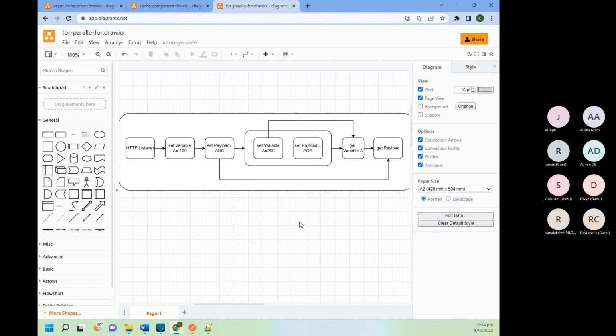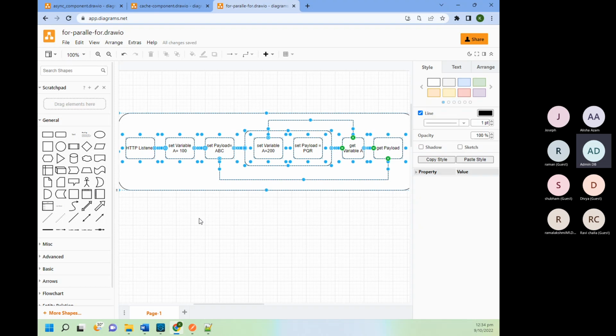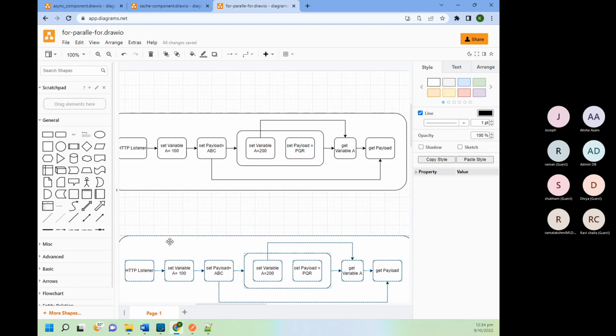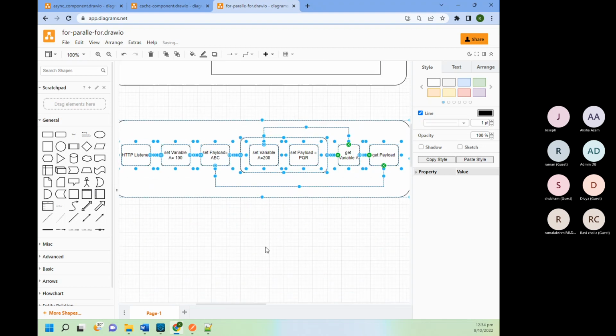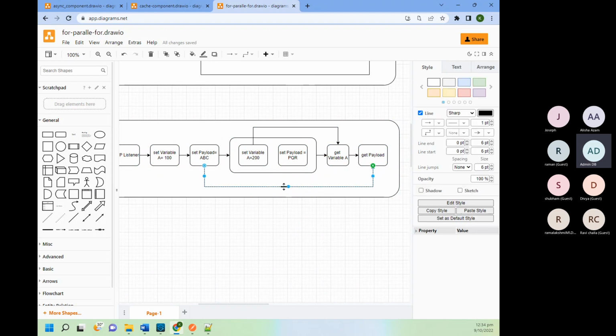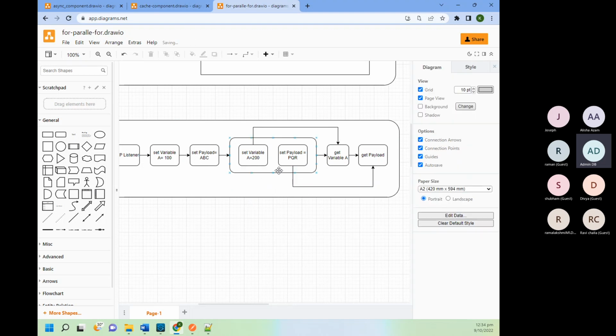Yes, Ravi. But if you go for parallel for each, then it will be in reverse order. Payload will be a combined payload. It will not be a single payload. Actually, here I am mapping a single payload, but after parallel for each, what will be your combined payload? After processing of each branch, there will be one final payload.